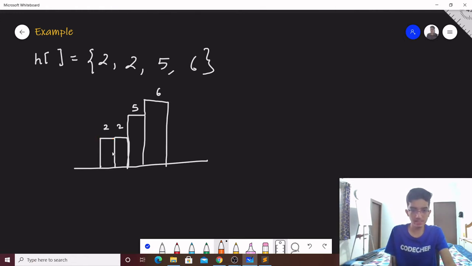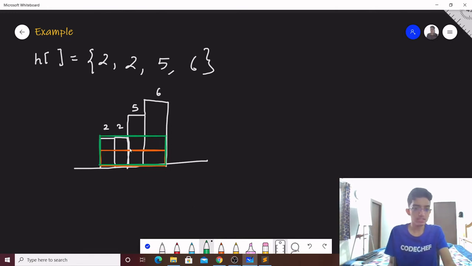We won't settle for a lower height like this, because the same rectangle could have been like this, and this would have given us a better answer. So we won't decrease the height unnecessarily.